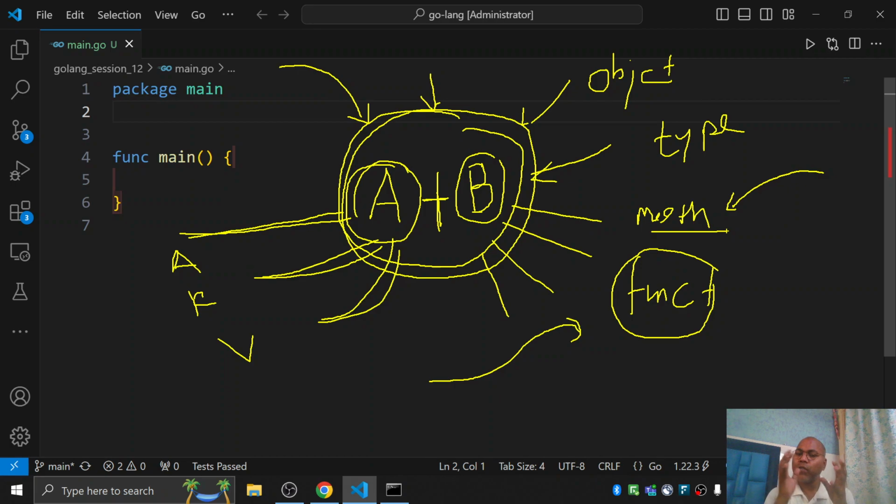So method and function both are similar things, but if this specific function is bound to a specific object or a specific type, then you can say it is a method, else you can say it is a function. Okay, so in general we can say